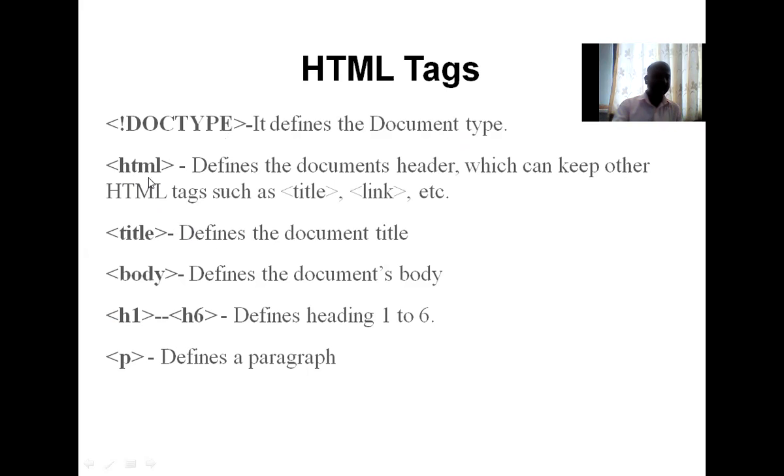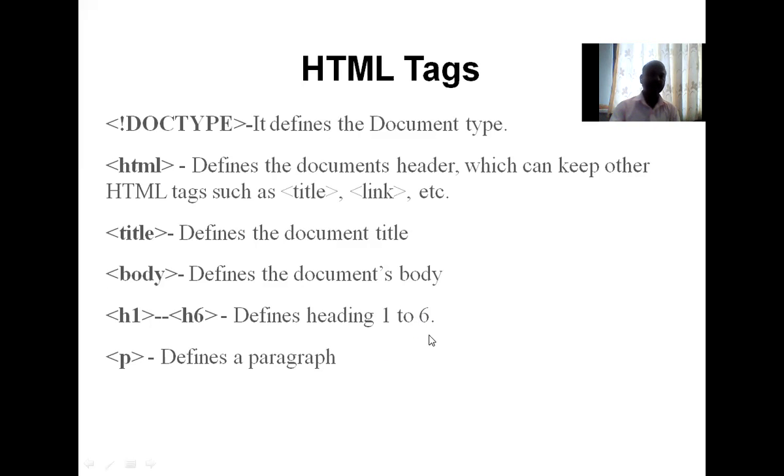Then the next tag used is HTML, which defines the document, which can keep other HTML tags such as title, links, etc. Then the title tag defines the title of the document. The body tag defines the document's body, and H1 to H6 define the headings from 1 to 6, and